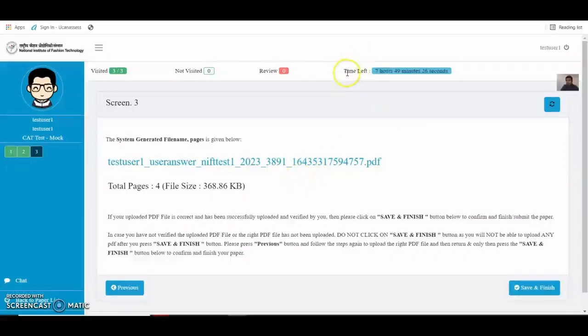So this is total time. So it is very important, candidates, that you plan your time in a manner that you have 15 minutes remaining for you to upload your file, so that you're not in a panic mode and you are able to both attempt the paper,